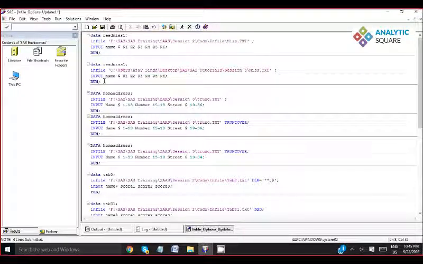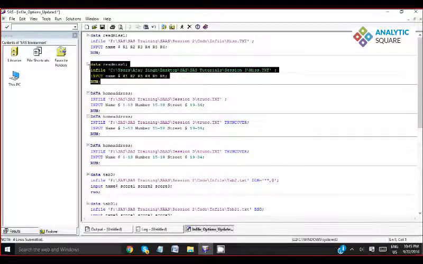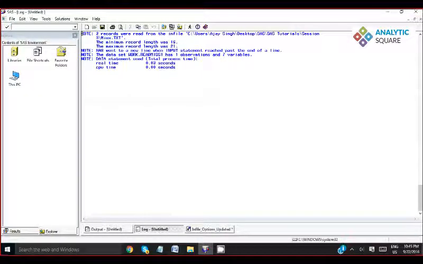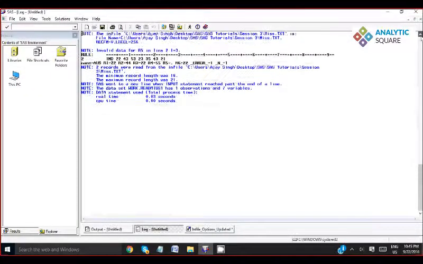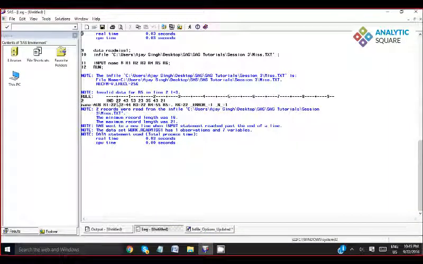Because this is one of the general methods that we use to read the data from your text file. I'm simply using the infile statement and defining the variable names. Now I will run it and check the log. Now you can see that it's showing invalid data for R5. This is the same error that I've just talked about.